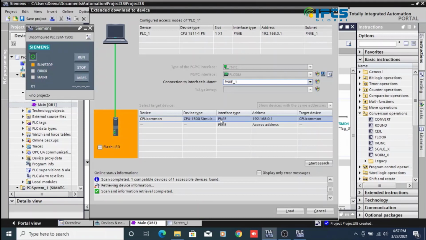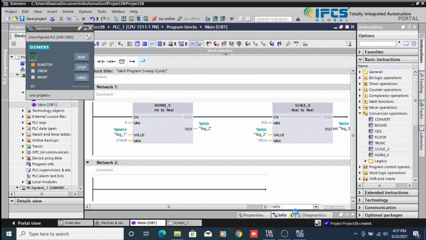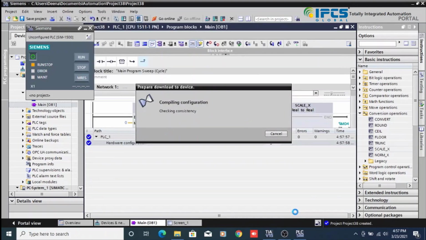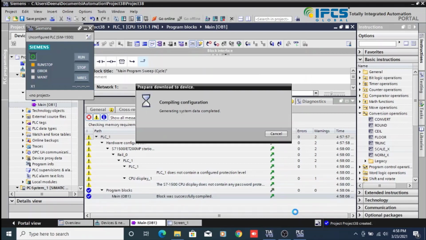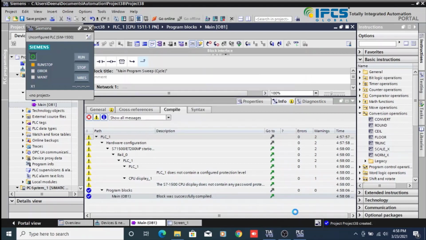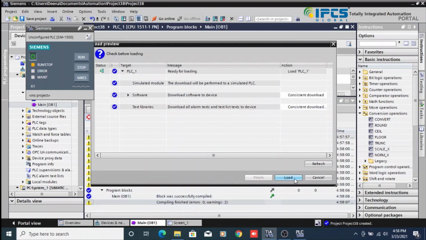Here my PLC is found. Then I am going to load the program. After that, I am going to load the program.